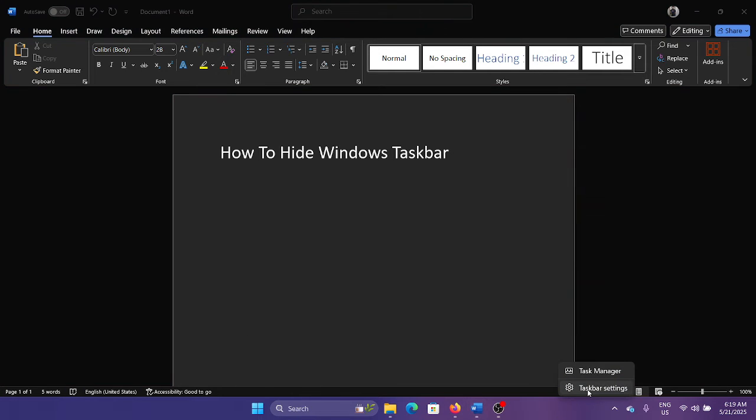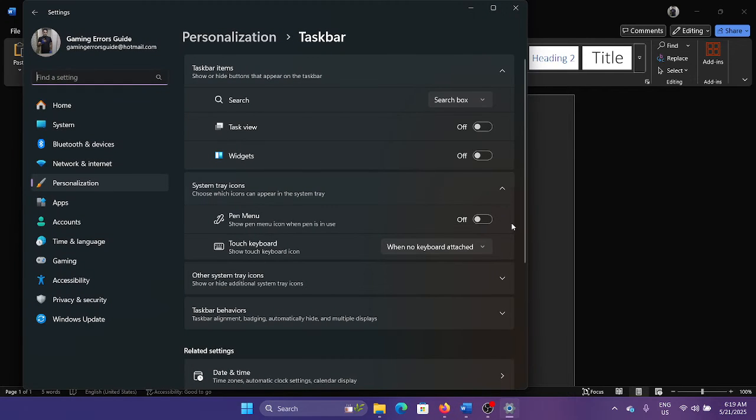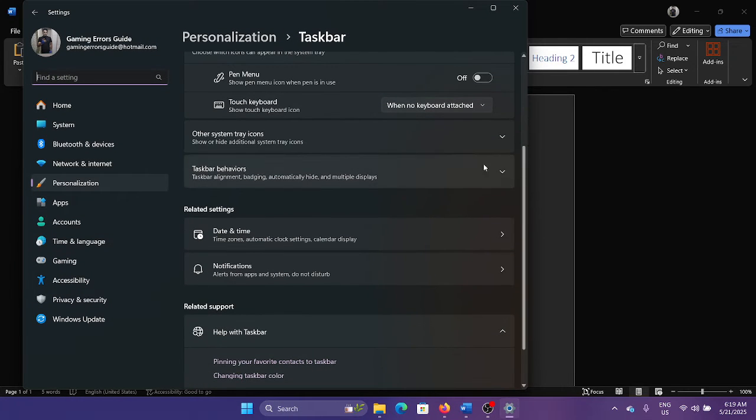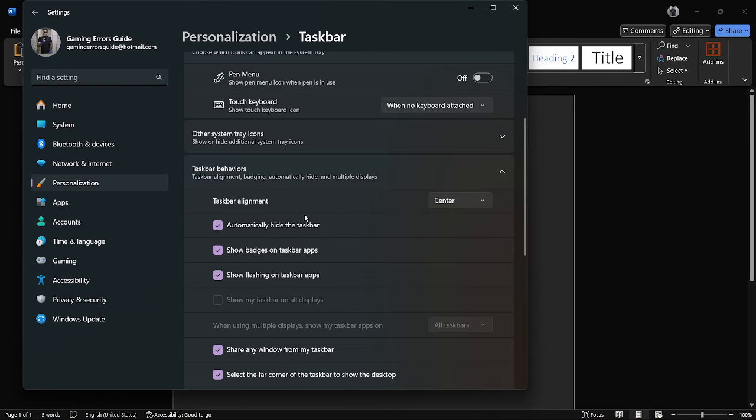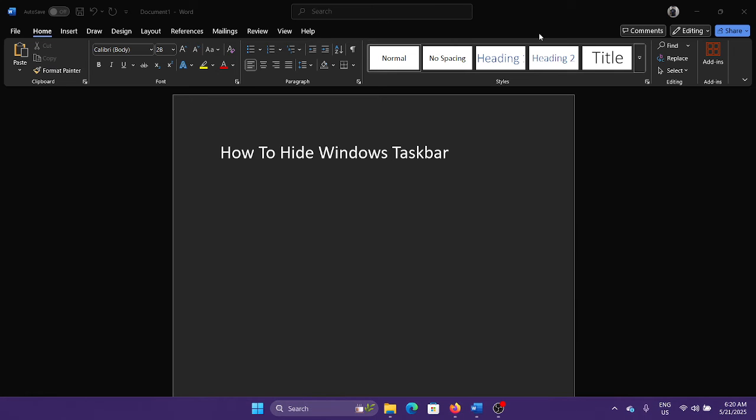Right click on the start button and select taskbar settings. Now, you have to scroll down and click on taskbar behaviors. The first option is automatically hide the taskbar. So if you click on it, the taskbar is hidden, but if you scroll down, the taskbar will